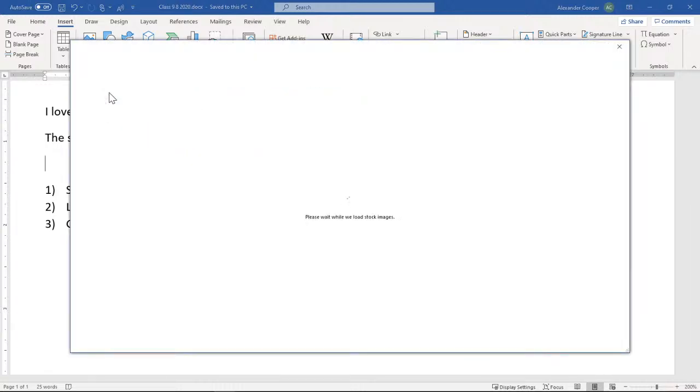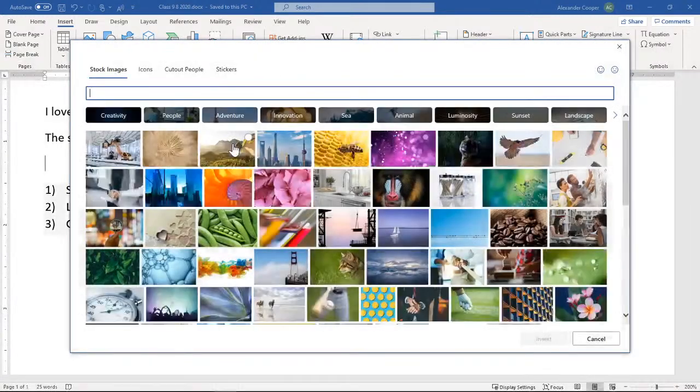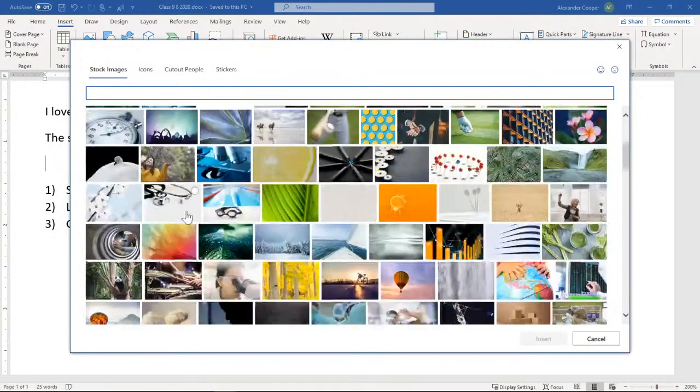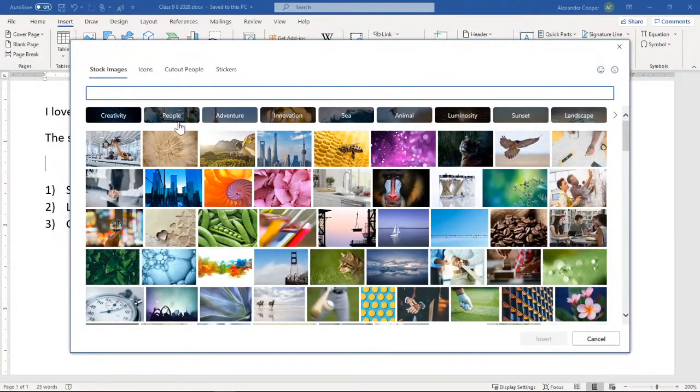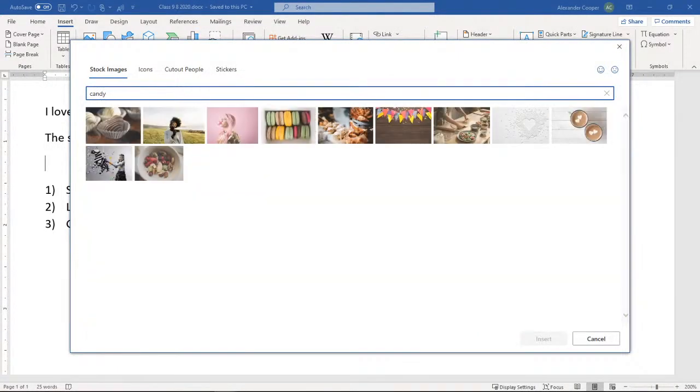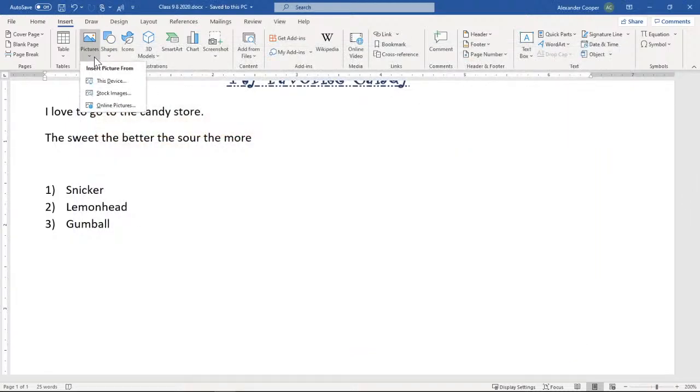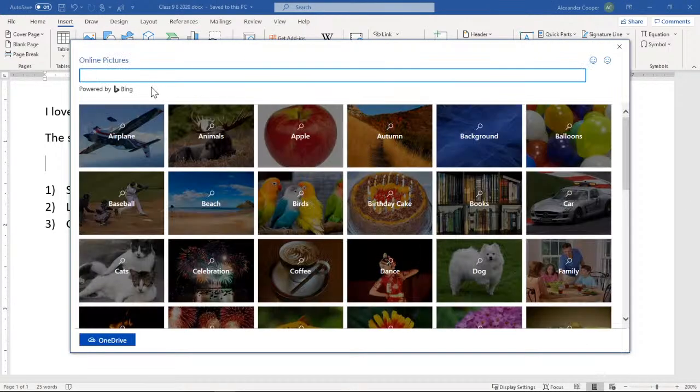If I click stock images, some of these might cost, so do realize that. And if I say candy, let's see, that doesn't really work out to be what I want it to be. So I'm going to hit cancel, and now I'm going to click pictures and say online pictures, and this actually searches the Bing photos, okay, similar to Google Photos. So if I say candy,